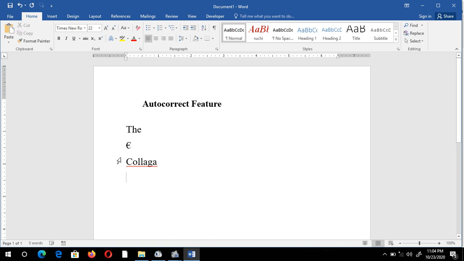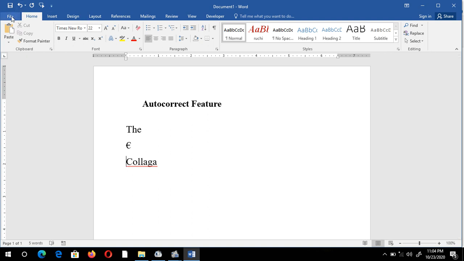You can see it capitalizes the first letter C but does not replace the wrong word with the correct word. So I just want to set this word in my dictionary, or you can say in the collection of the autocorrect feature. I have to just add this word.